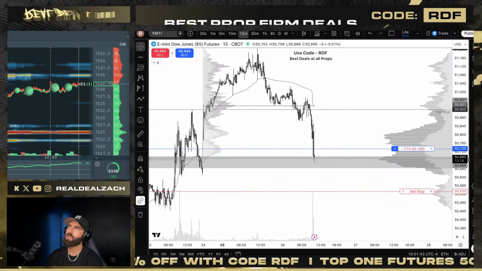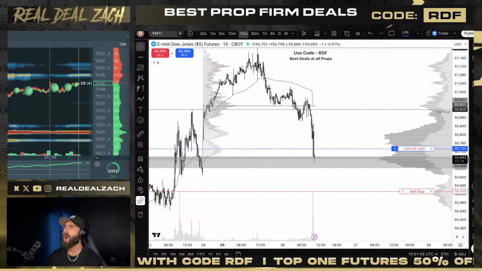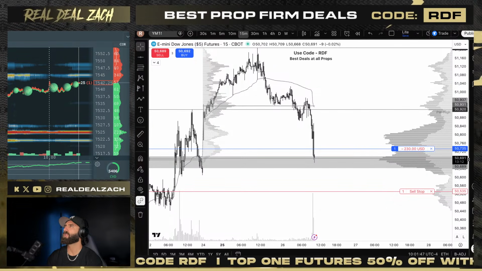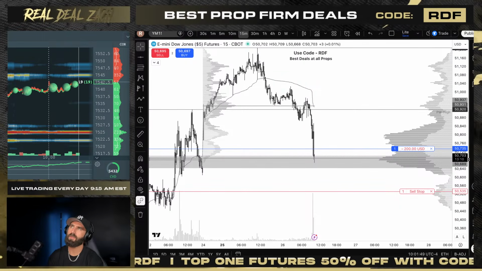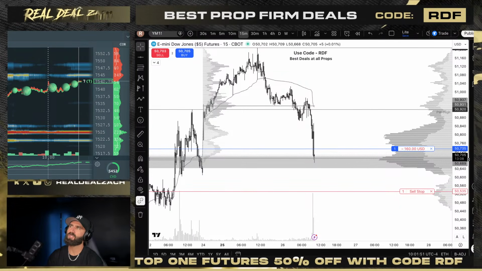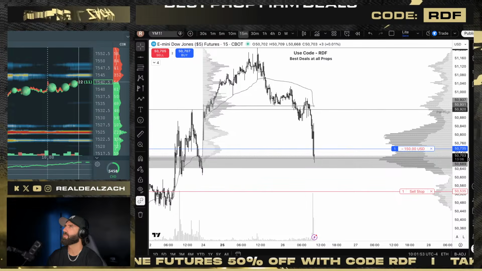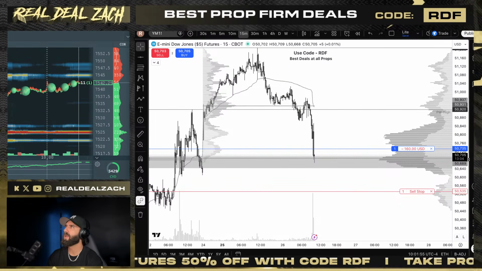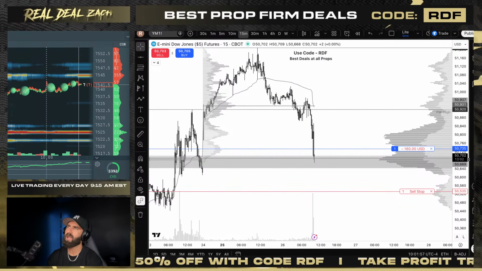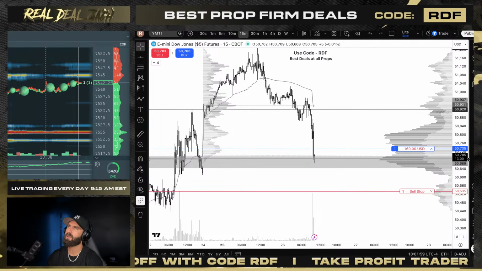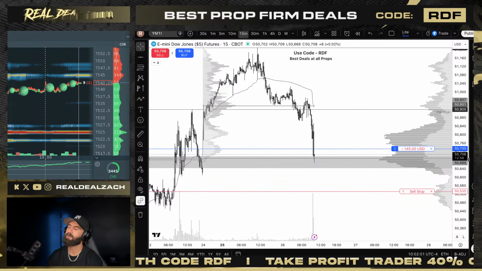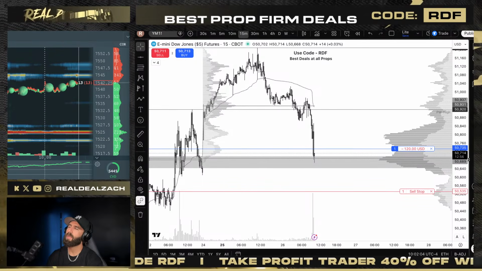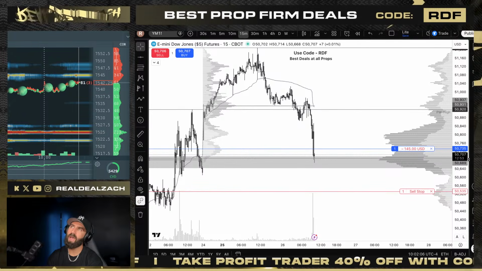But the execution when you layer a prop firm account into TradingView is horrible. I mean, it's like what I'm doing here. It's just not good. The execution's horrible. The data is slow. It's tick based. It's not level 2 data. It's not tick by tick. It's slow, so I don't love that, right?